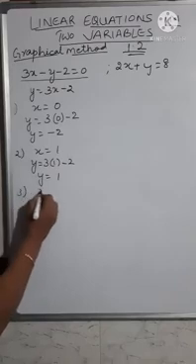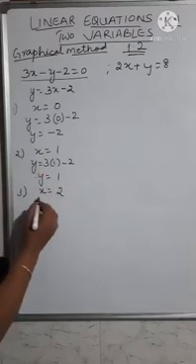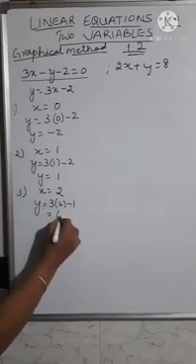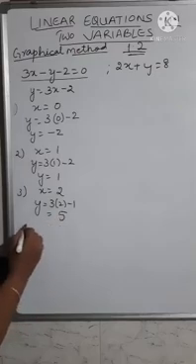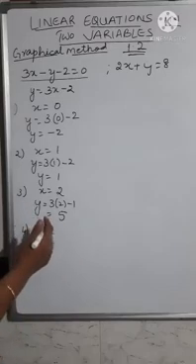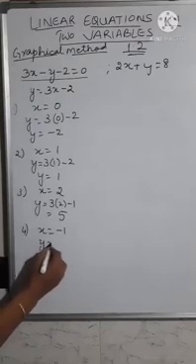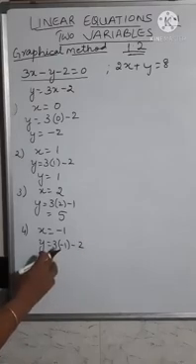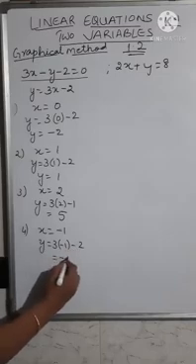Now the third value, I'll take x is equal to 2. Positive as well as negative values you can take. So you get y is equal to 3 into 2 minus 2. 3 2s are 6, 6 minus 2, which will be equal to 4. Now one more value that I'll take is a negative value. I'll take x as minus 1. So you get y is equal to 3 into minus 1 minus 2. 3 into minus 1 is minus 3. Minus 3 minus 2 will be equal to minus 5.